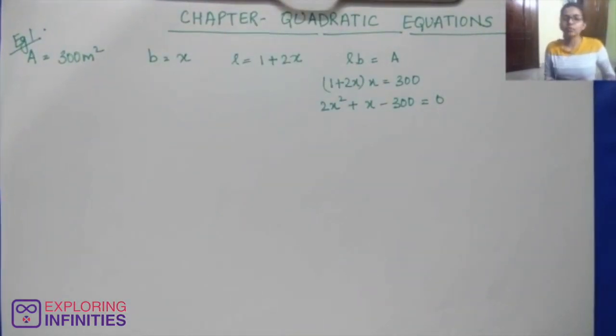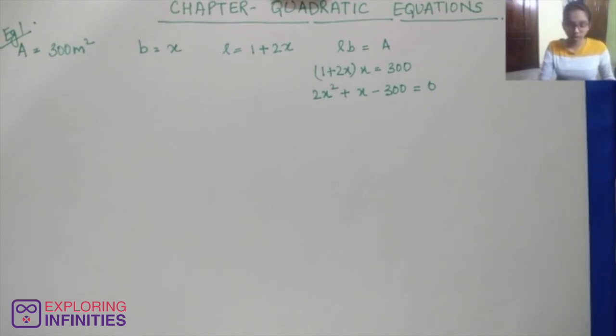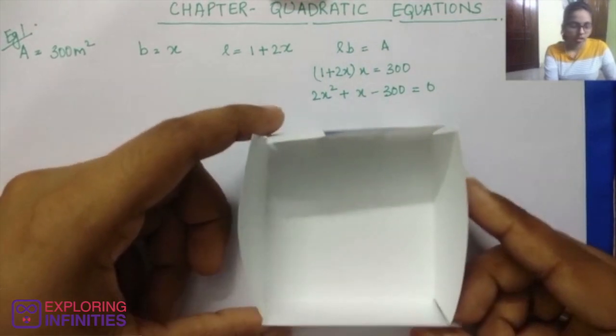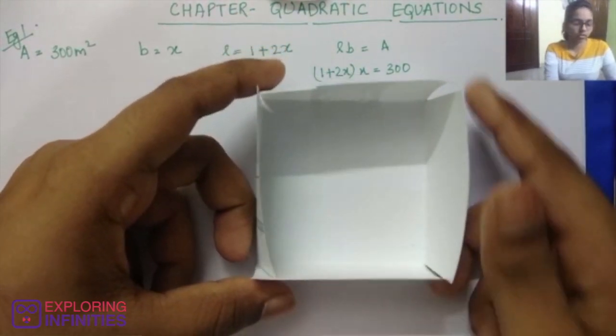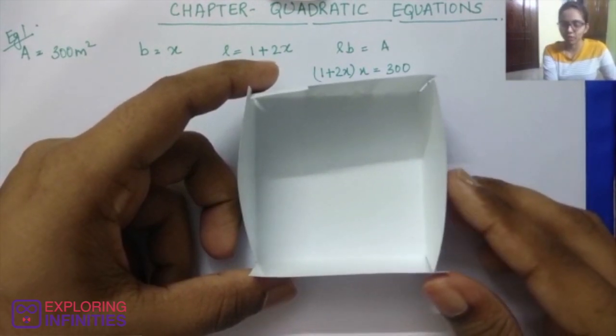Now I'll demonstrate with a piece of sheet paper, something like this. Your granny made a box for you. She said that she had this square metal sheet lying there, and she wanted to make a box out of that square metal sheet for you. So she made this box for you. Just ignore my drawing and stuff. This is the box she made for you.